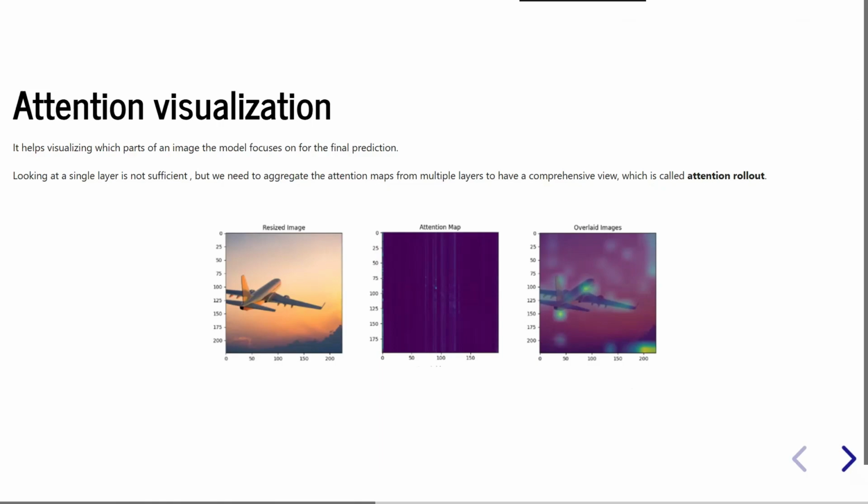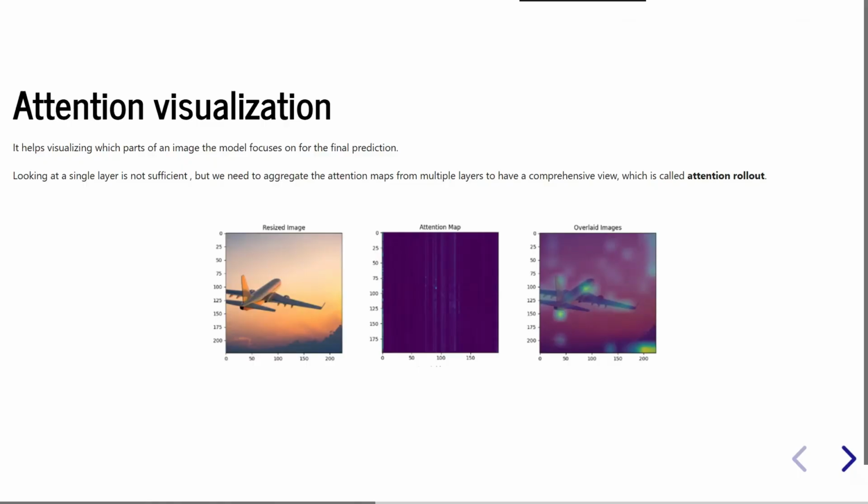But of course, now we have the attention scores, and we want to find a way to look at them. And looking at a single layer in ViT is not sufficient because, as I said before, different layers extract different features, and they build on top of each other, and all of them are useful for the final classification. So what we need to do is to compute what is called attention rollout, meaning that we need to aggregate the attention maps from all the layers